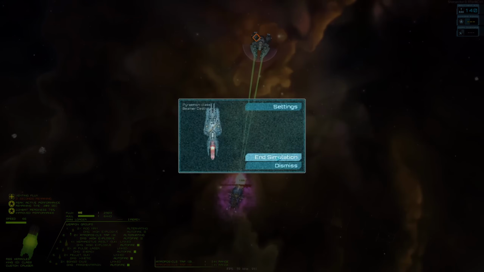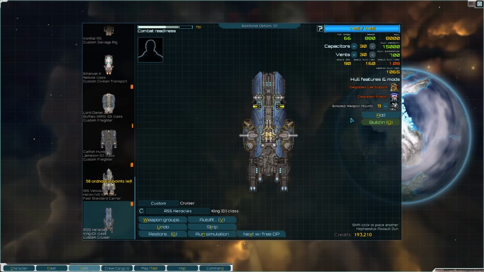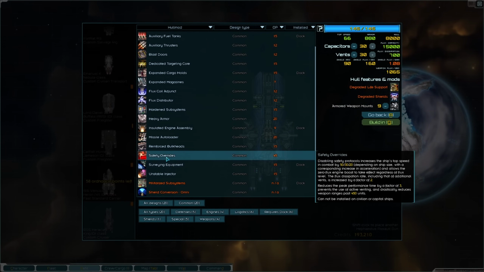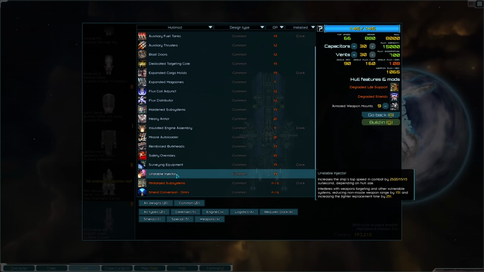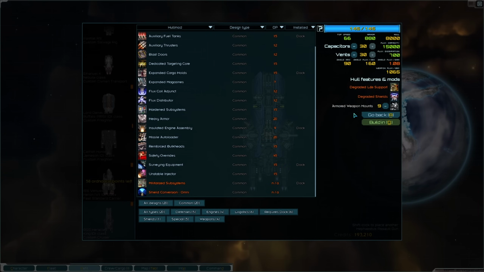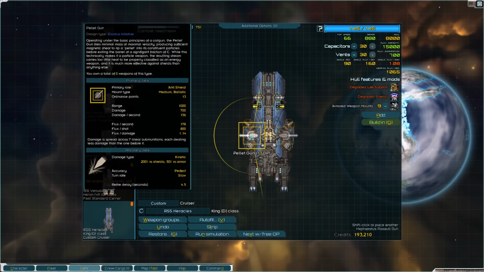So, considering how bad this ship is performing right now, I might need to make some adjustments. I might need to put a safety override on it, so that it's going to be a lot faster. Or even an unstable injector. Oh, it's only 15 points. Problem is, safety overrides cost you 45. That's bad. So, alternatively,